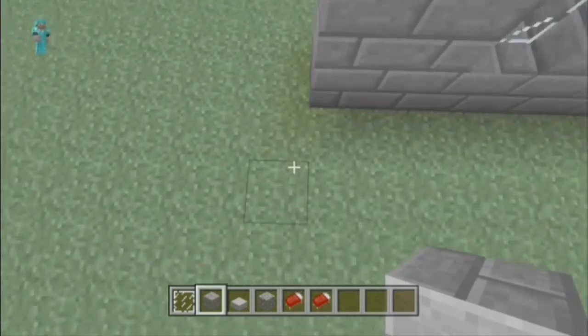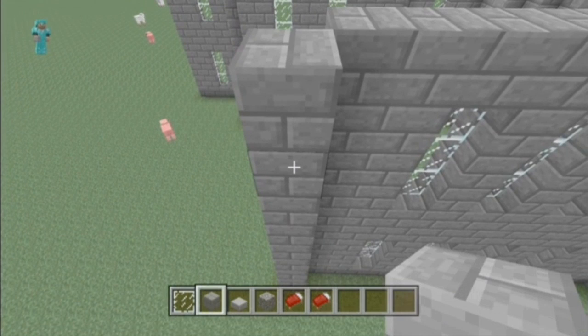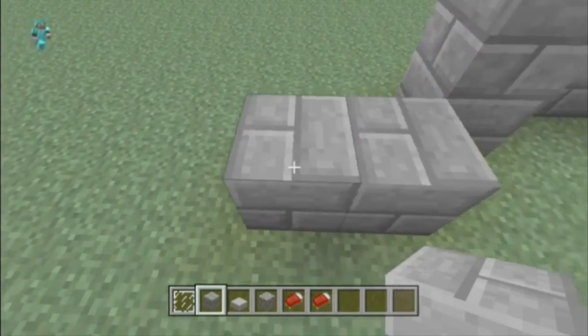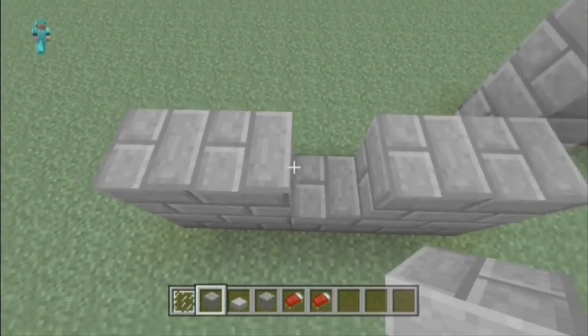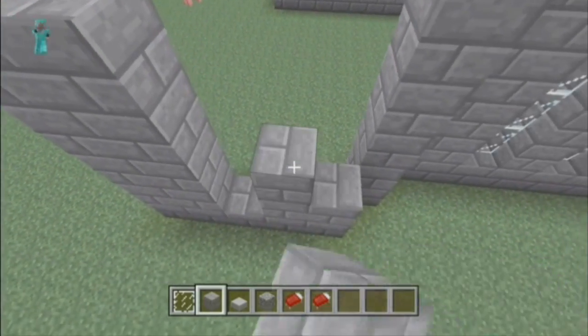So again, it's just completely symmetrical to the other side, so if you just want to have a look over to the other side if you get confused as well. And we can carry on with our window now. So again, you've got another diagonal row, 5 blocks wide, 2 either side, and then the window across the centre here. It's going to go the same height as the rest of the building now,